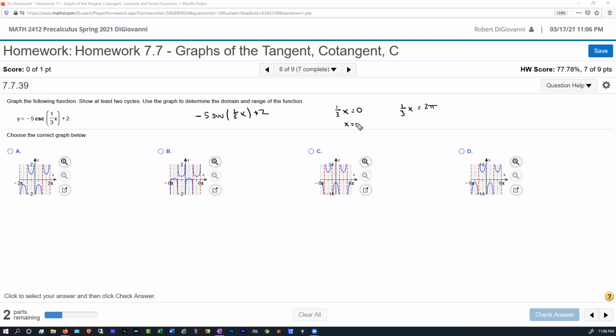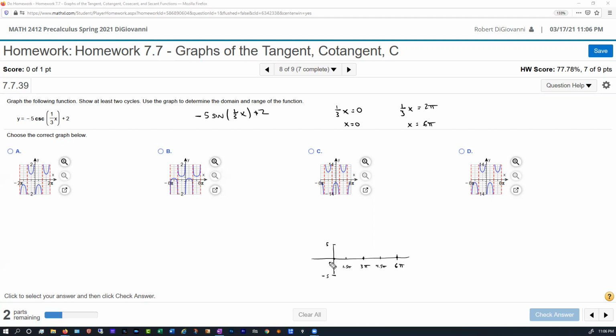So we get one solution here of 0, and then this one, we multiply both sides by 3, we get 6 pi. So we have here 0 and at 6 pi. And then here, this would be 3 pi. This would be, I'll do 1.5 pi, that's fine. And this would be 4.5 pi. All right, it's a sine function because we're trying to graph cosecant and sine. We have x-intercepts here, here, here. Amplitude here is 5,